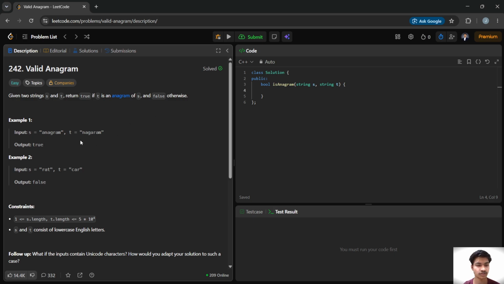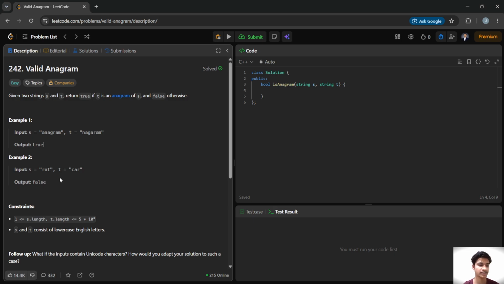For example, the string anagram and the second string nagaram have the same letters. The arrangement is different, but every character of the first string and the second string is equal. That's why the answer is true.